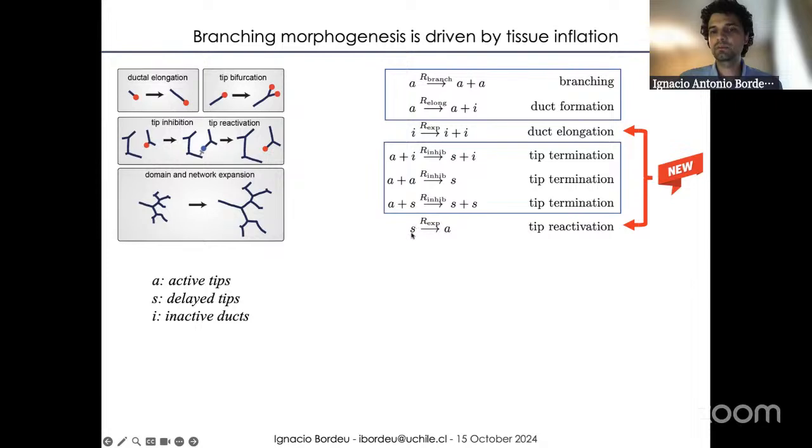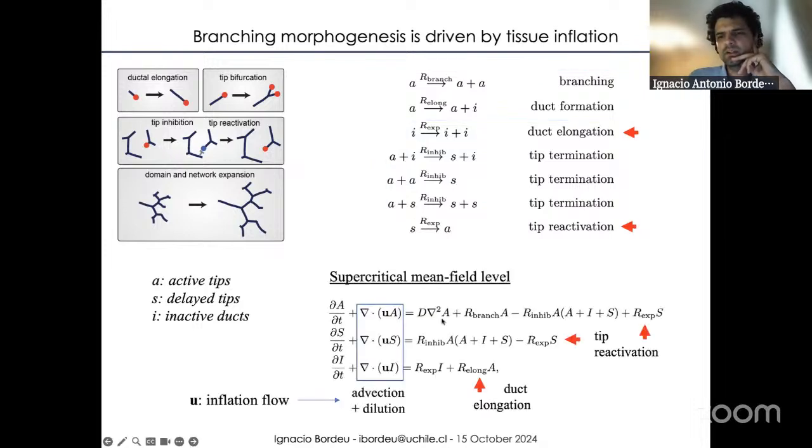So delayed tips can reactivate into active tips at the rate of the expansion of the tissue. And this is actually like this. If you expand exponentially, then the rate at which they should reactivate is proportional to the expansion rate. So we have two things due to expansion. One is this reactivation, and the other one is that ducts need to elongate. Whenever you have a duct, you need to form two new particles so that the tissue remains connected. So there's an increase in the number of ductile particles,